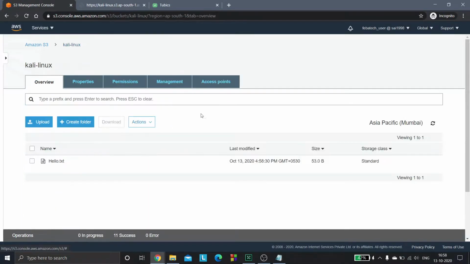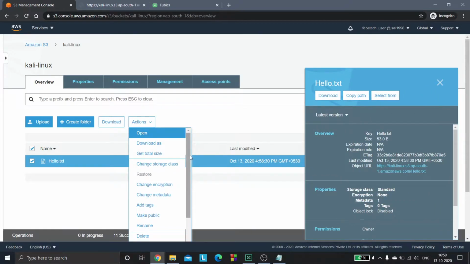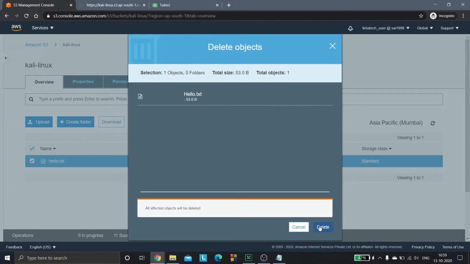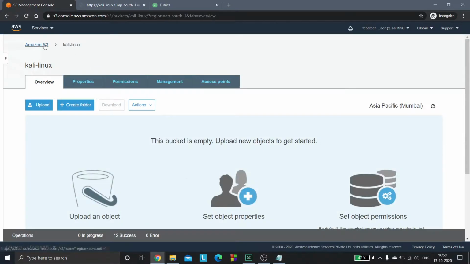By seeing this, we can come to the conclusion that whenever we update the same file a number of times, the only thing you're going to see is the latest updated file. You won't be able to access previous versions of the file when versioning is disabled. So you will only have the latest version of the file and nothing else. Let's now delete it. I'll click on actions and delete it. Now once again we are back to square one, with an empty bucket.